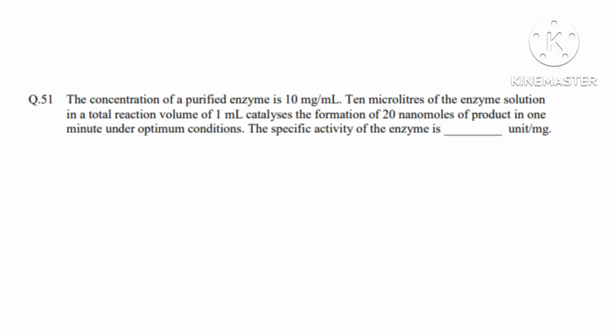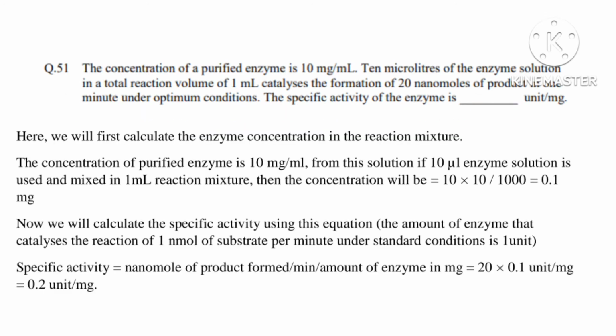In the next problem, the concentration of an enzyme solution is provided. 10 microliter was used and mixed with 1 ml reaction mixture. The enzyme can convert 20 nanomoles of product in 1 minute under optimal condition. Then you have to calculate the specific activity of the enzyme. Here we will first calculate the enzyme concentration in the reaction mixture. The concentration of purified enzyme is 10 mg per ml. From this solution, if 10 microliter enzyme solution is used and mixed in 1 ml reaction mixture, then the concentration